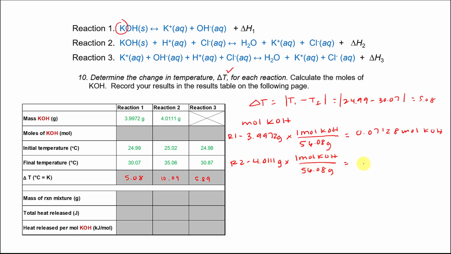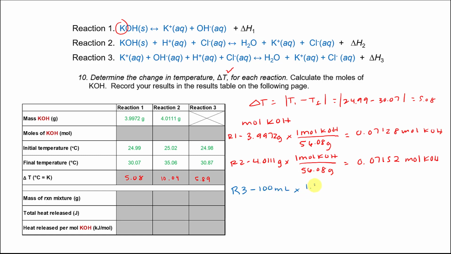And this comes out to 0.07152 moles of KOH. For reaction 3, we're going to do this a little bit differently because in reaction 3 we used 2 liquid solutions. So we're going to take into account the molarity of the solution. For R3, we used 100 milliliters